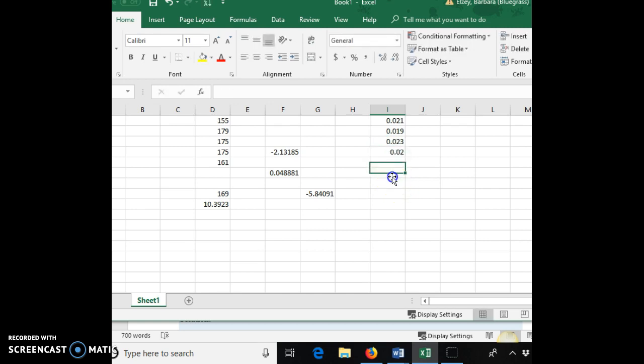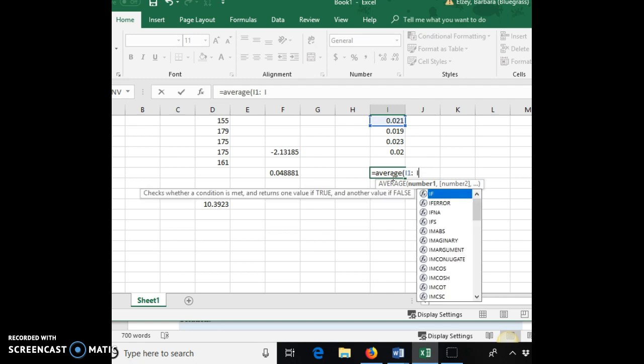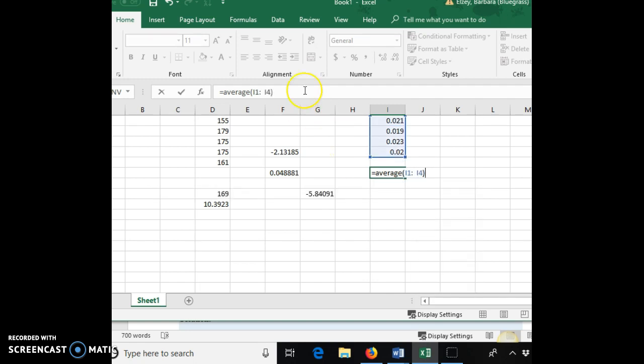And then let's find our mean and standard deviation. So equal average, and this is in column I, position 1, and column I, position 4 is the last one. So there's my average, and then let's get our standard deviation equals,